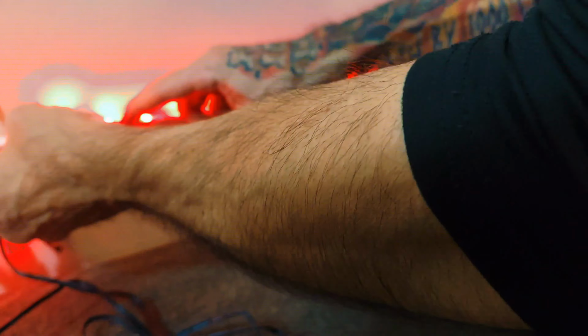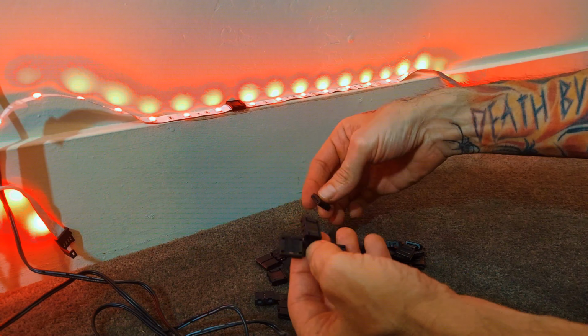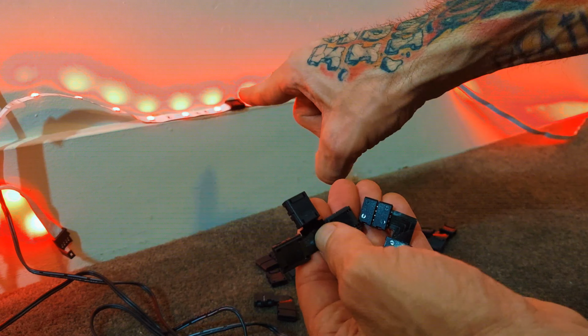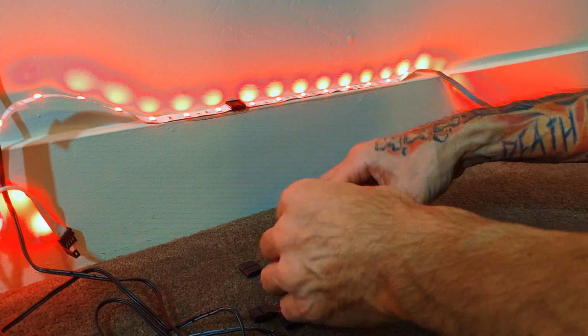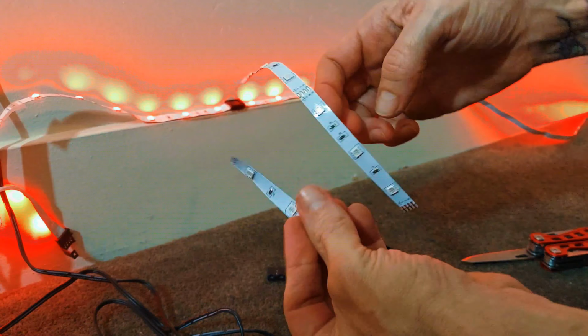So these have 3 different pieces. You have this piece that I showed you right here for straight runs, for cutting your strip and then splicing it back together. There's also an L, and then there's also a T piece. You could use that on corners too, but also, if you want to add an extra light strip to the light strips you already have, you can do that with that too,